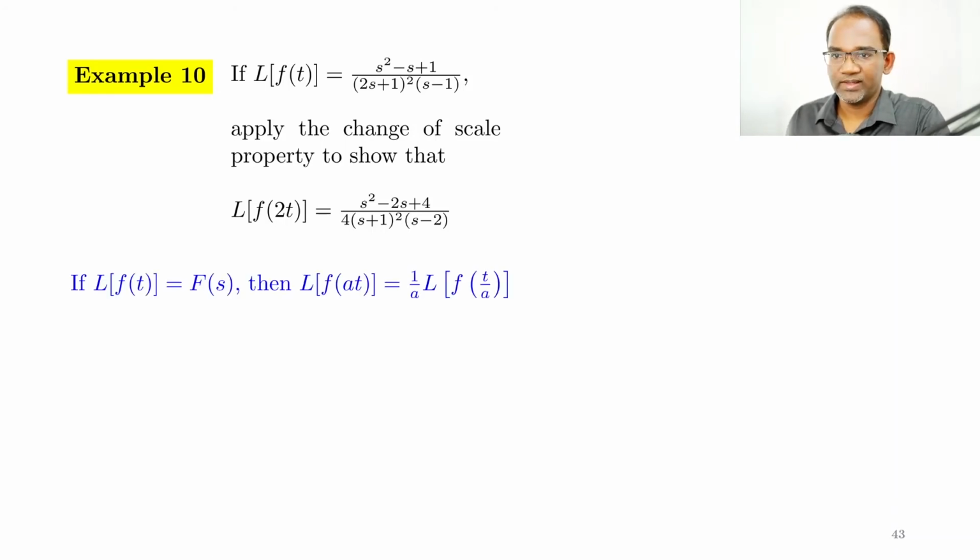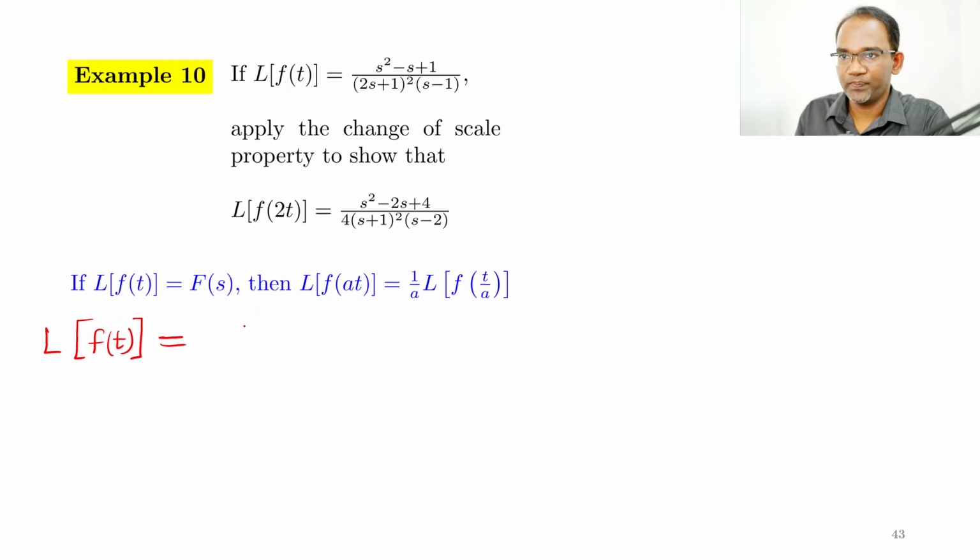Okay, according to the change of scale property, we have L of f(t) equal to F(s). Then L of f(at) is equal to 1 over a times F(s over a). We have the Laplace transform of f(t)